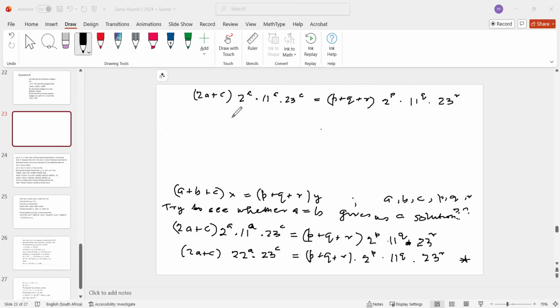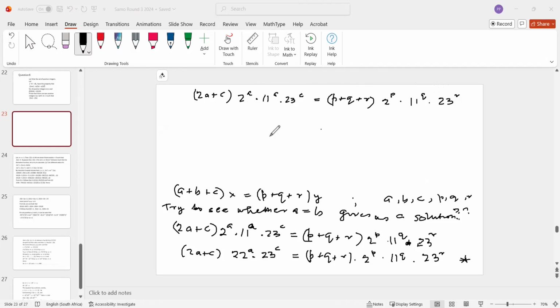So I must have that the power of 2 in this should be equal to the power of 2 on the right-hand side. But I must be careful here. Maybe there's a 2 here as well. Right. But if 2 doesn't go into this, then I will have A equals P and A equals Q